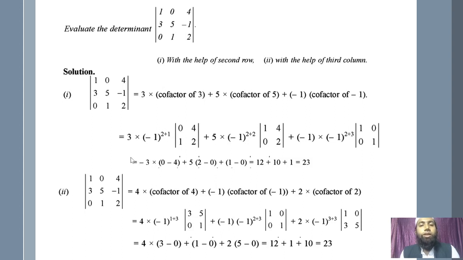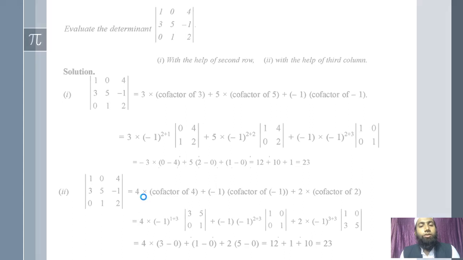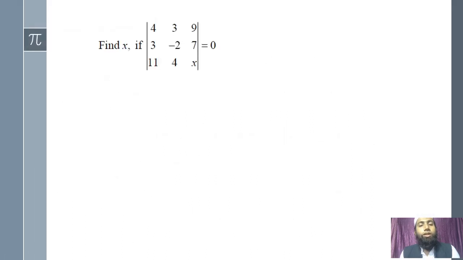So this is the way to calculate the determinant. This is one another example. The value of this determinant is given to be 0, and see, one element is unknown to us. We want to find this element. We know how to calculate the determinant: we take any row and multiply it with its cofactors. We'll just equate that to 0.